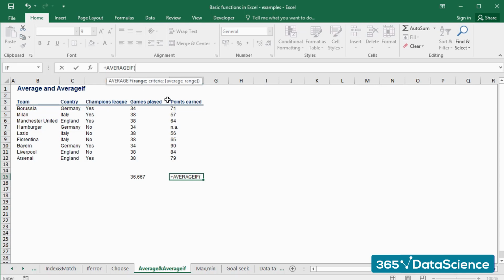The formula has three arguments. The first one is the range. We have to select the range of cells for which we would like to test a given condition. In this example, it is the column indicating whether a team participated in the Champions League. The second argument is the criteria. In our case, it is yes, as we want to find out the average only for those teams which participated